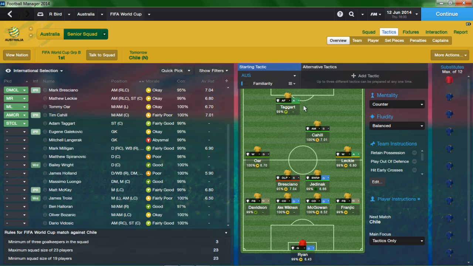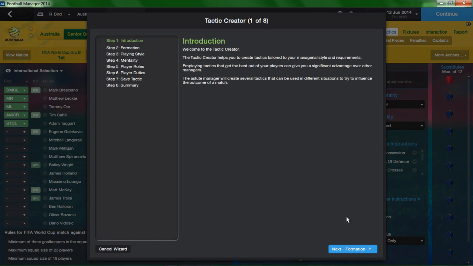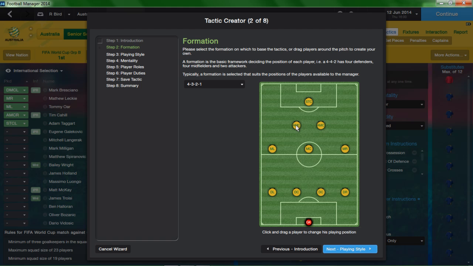Obviously, I'm going to do some player roles and tactics as well, but I won't show it on here. I'm actually going to also do another tactic here that I always do. Go through this quickly. And this is obviously just another defensive type of tactic. I mean, it's a 4-5-1. Let's face it, we're in a tough group, so we'll just leave it at that.